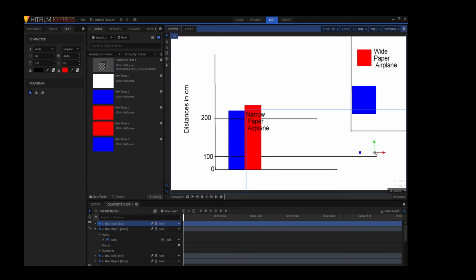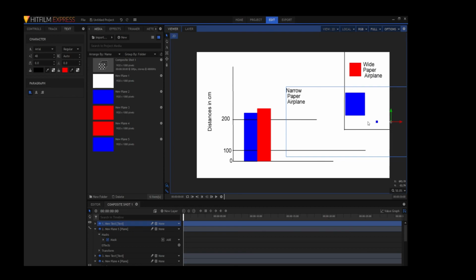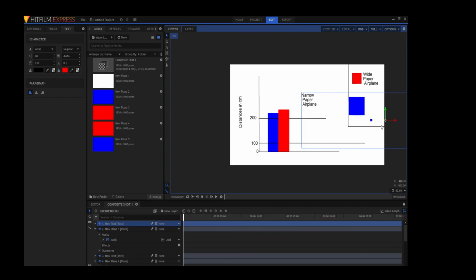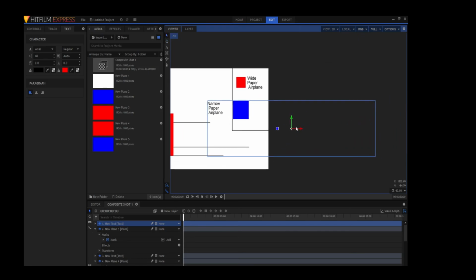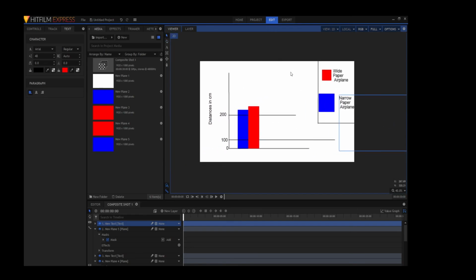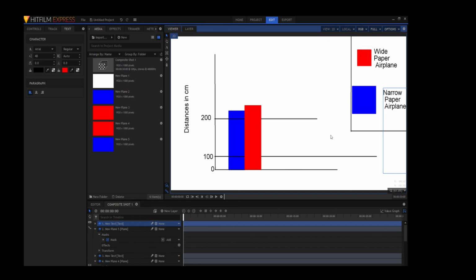Now I'm just going to go back to the arrow, and I can't go any farther than this. We're going to need to zoom out, and then just bring it a little bit farther. So you can also do this to move along without touching anything else, which is what I did with just the right mouse button. Again, I'm going to press scale to fit, and now it's fine.